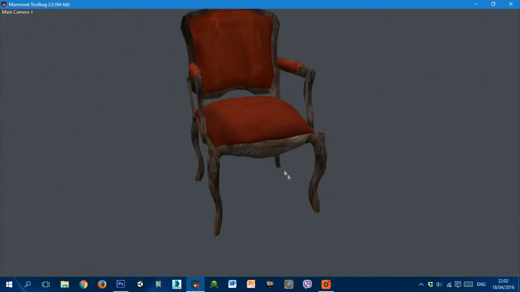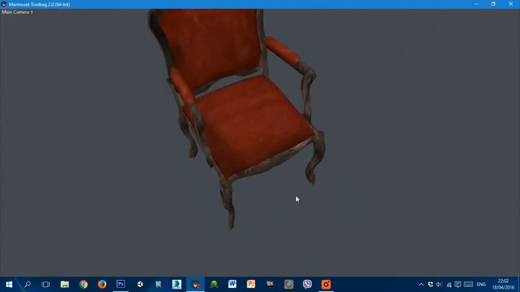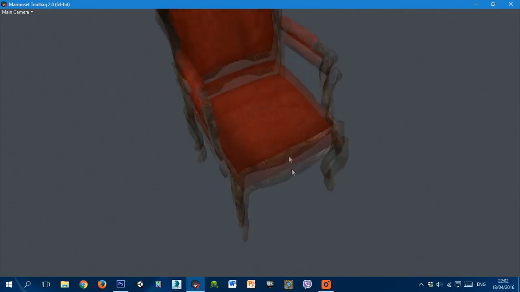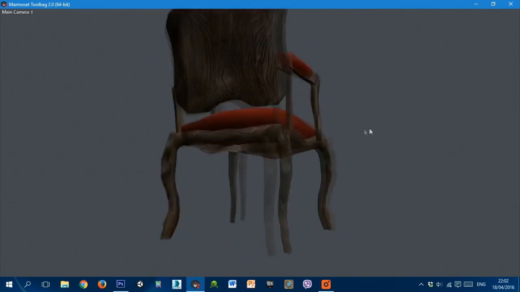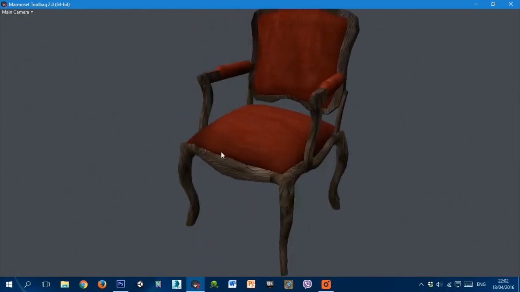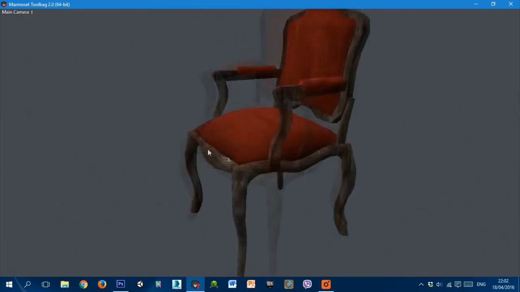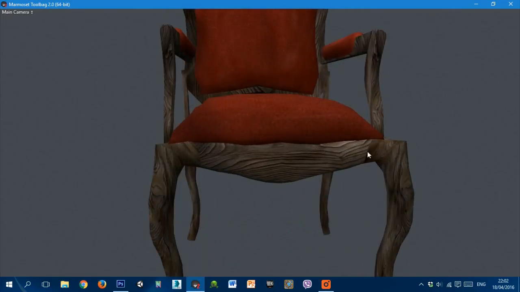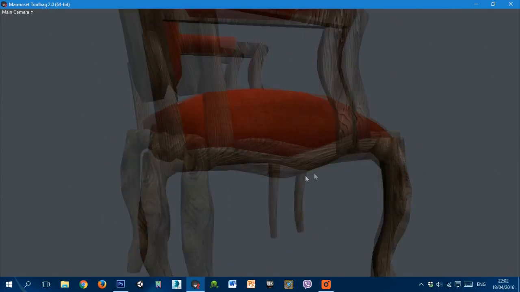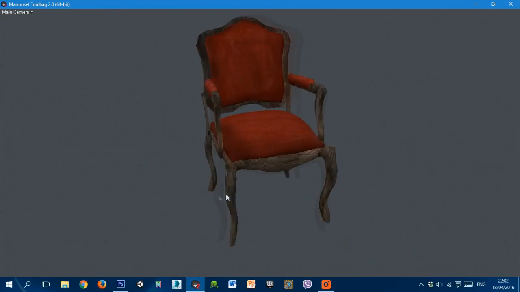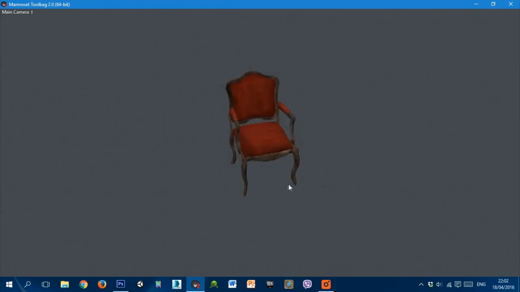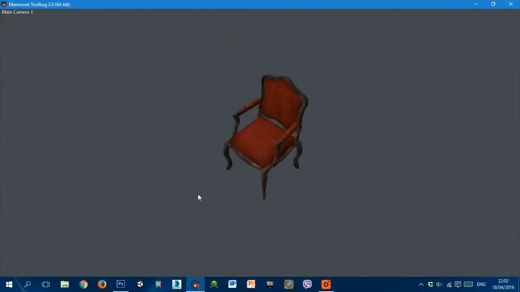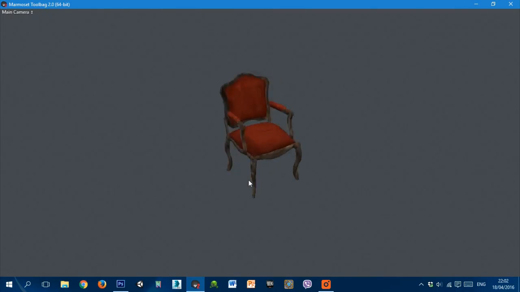So here it is here. So it's not too bad. I mean, it's a quick job, but it'll do for the purposes of what we're doing this tutorial for. You can see the textures don't match up here or here or that kind of stuff, and the actual wood grain effect itself is fairly intense, but you know, it's not too bad for the time we put